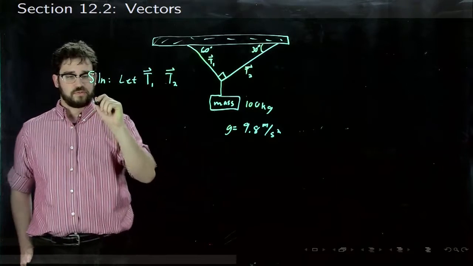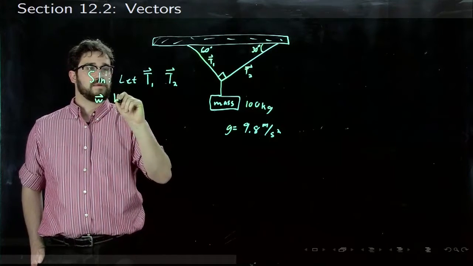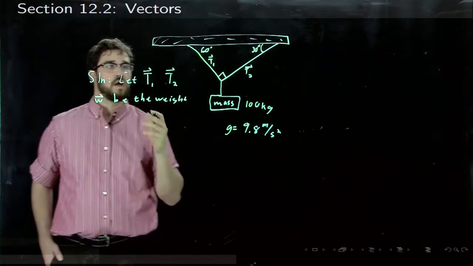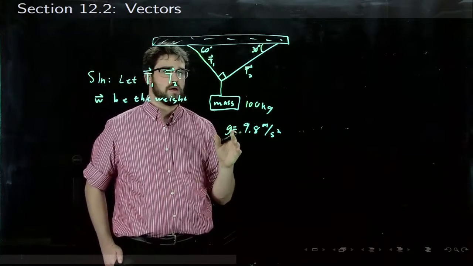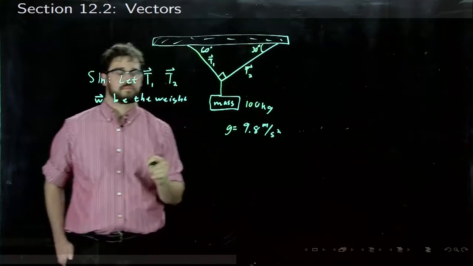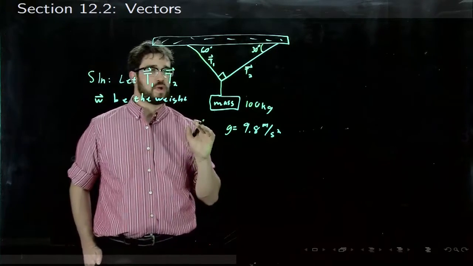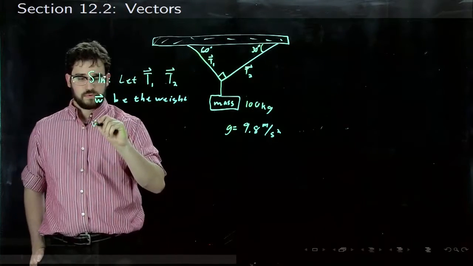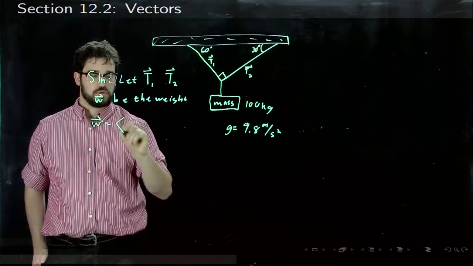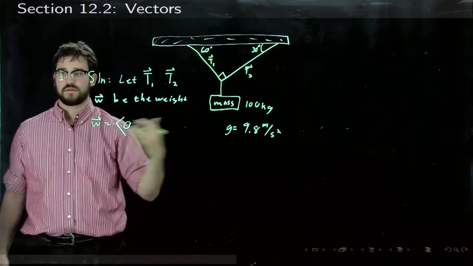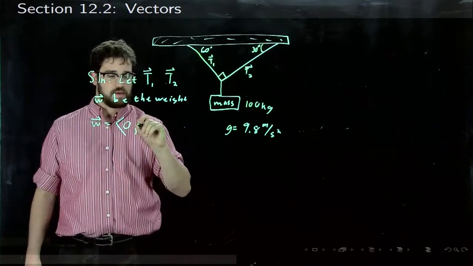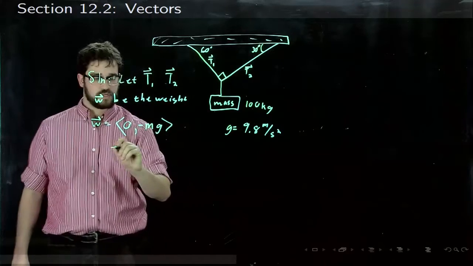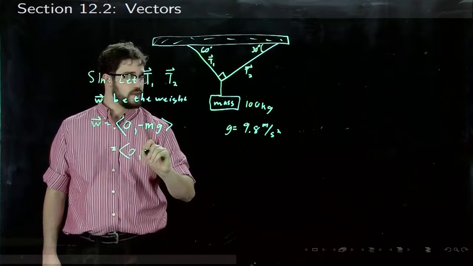So let's let W be the weight vector of this mass here. Then W should just be equal to 0, because it's not moving left or right, and negative mass times gravity. Or in other words, it is equal to 0 and then negative